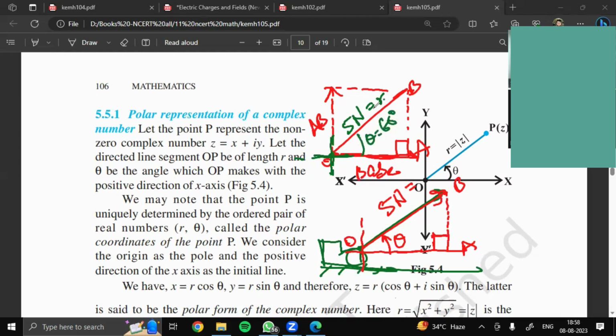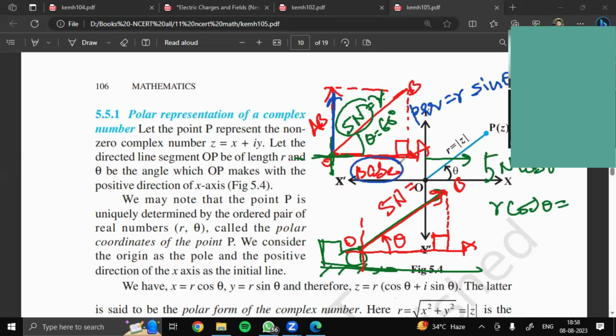So you have two components: 5 newtons cos theta. This component is F, or 5 newtons, into cos theta. Clear? Or R. You have 5 newtons as a force, R, the position vector. So R cos theta is the horizontal component, and R sin theta will be this much. That is a perpendicular. So perpendicular is equal to R sin theta, and base is equal to R cos theta. Clear? And if you apply the Pythagoras theorem,